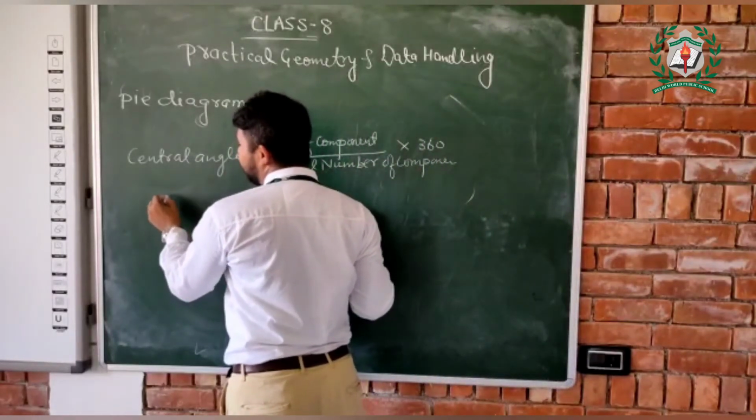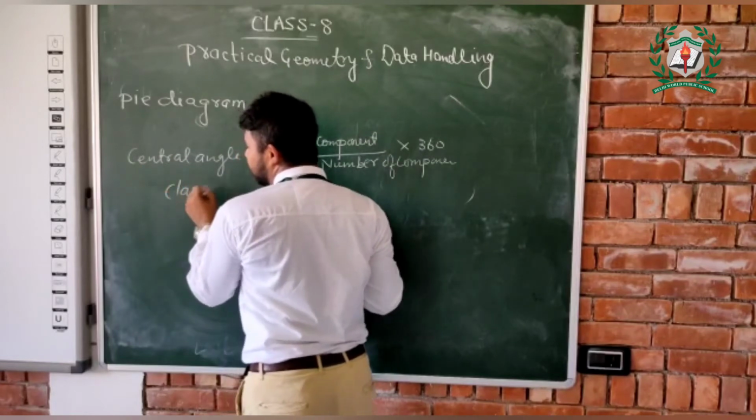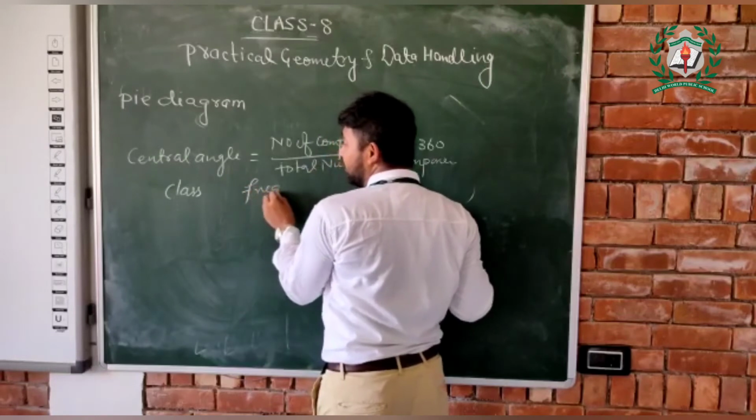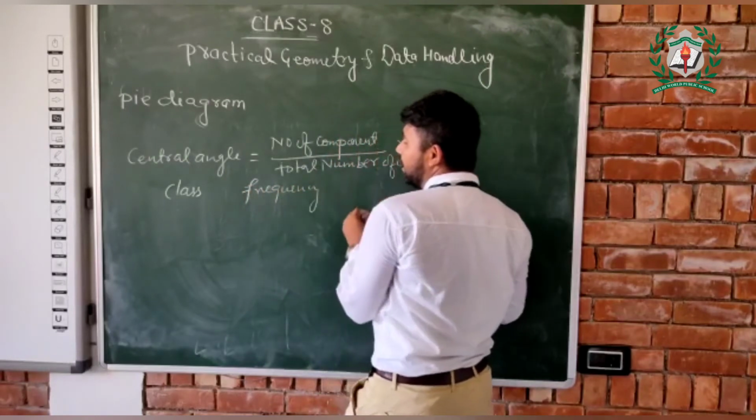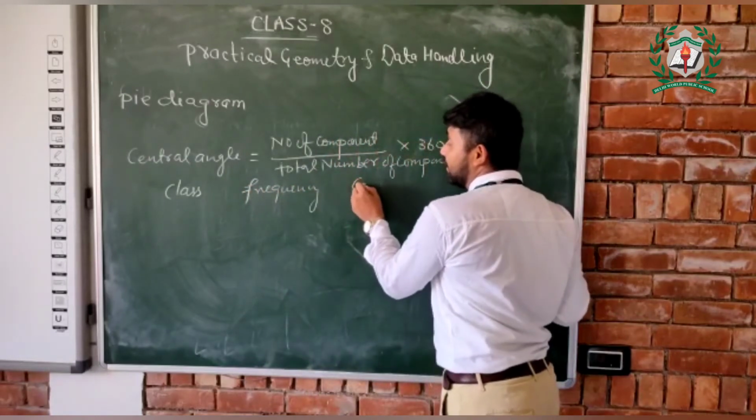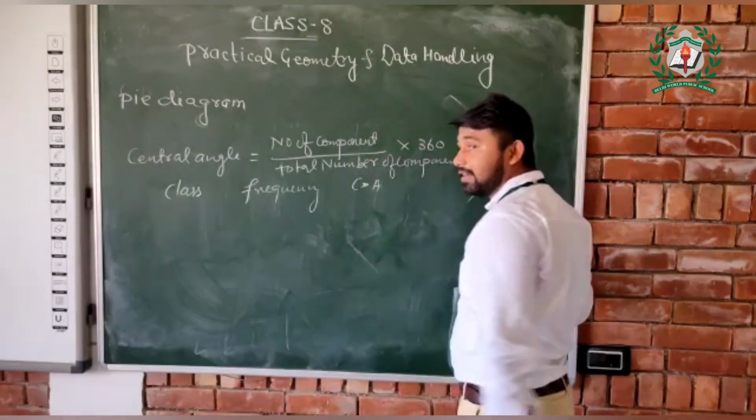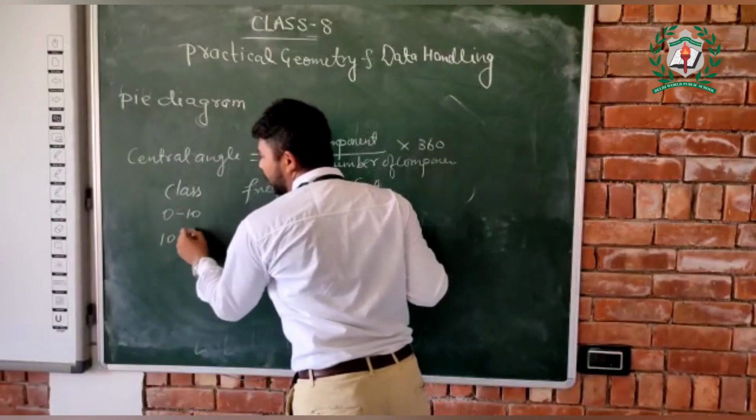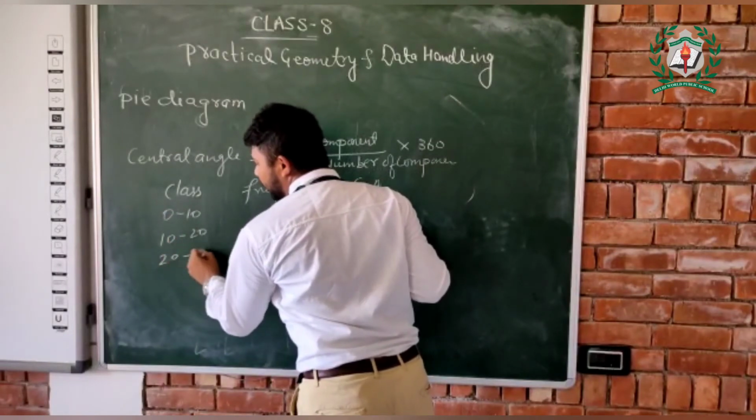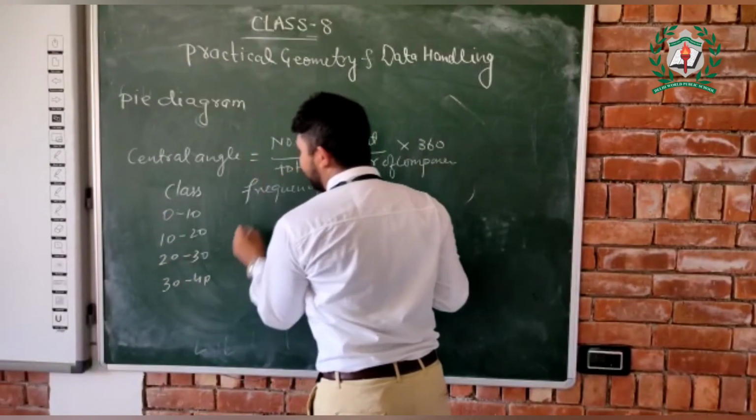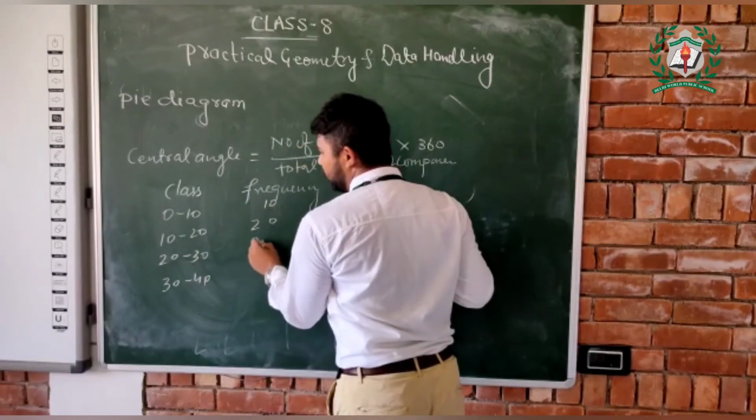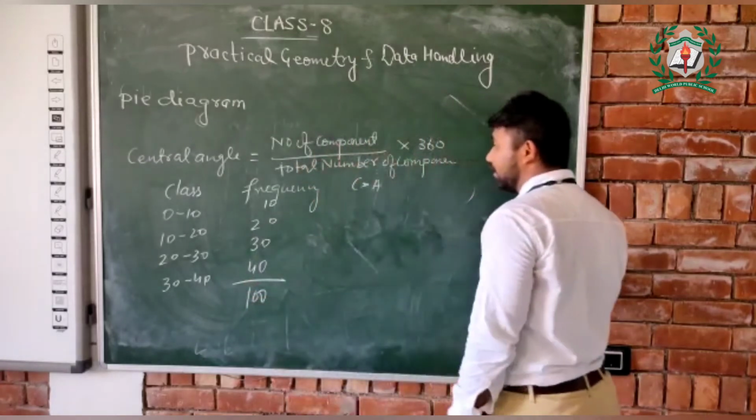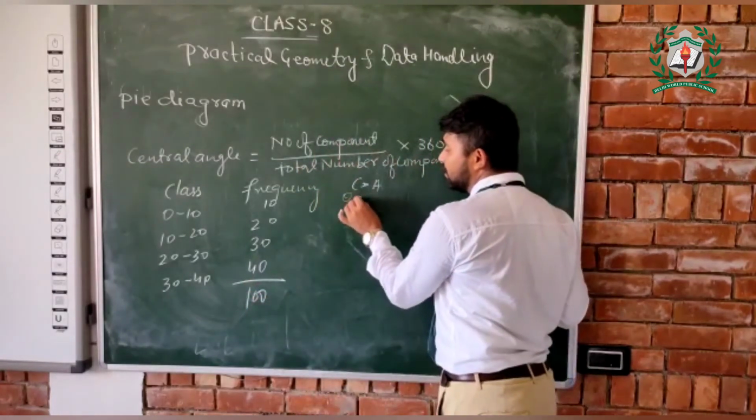Write class, write frequency, and write central angle, CA. The classes are 0 to 10, 10 to 20, 20 to 30, and 30 to 40. The frequencies are 10, 20, 30 and 40. If you add all the frequencies, you get 100. To find the central angle, theta is equal to